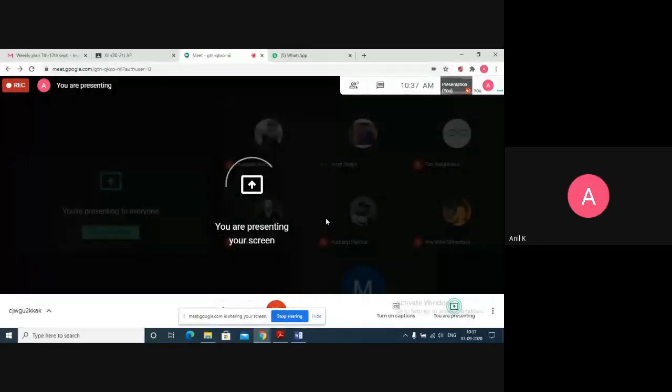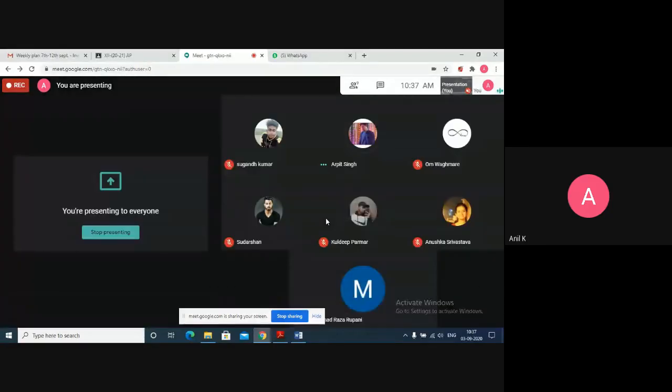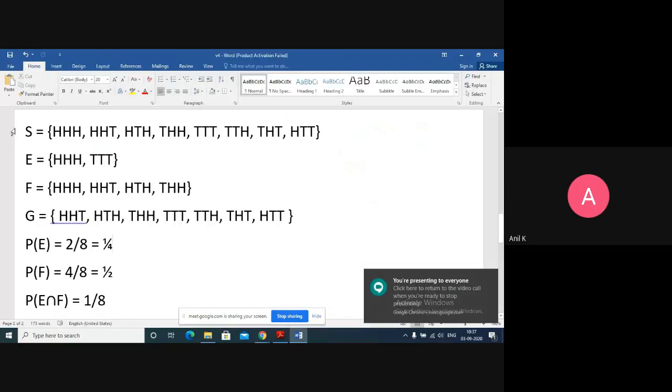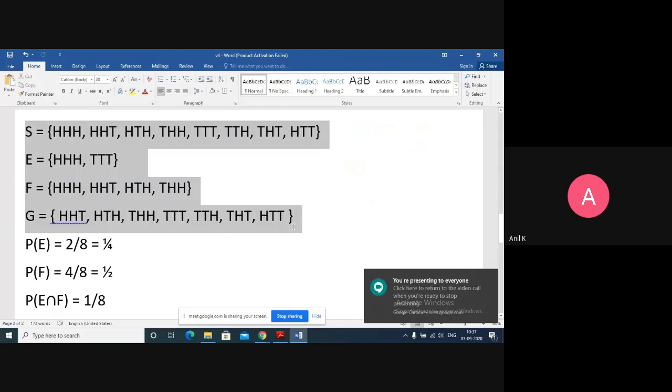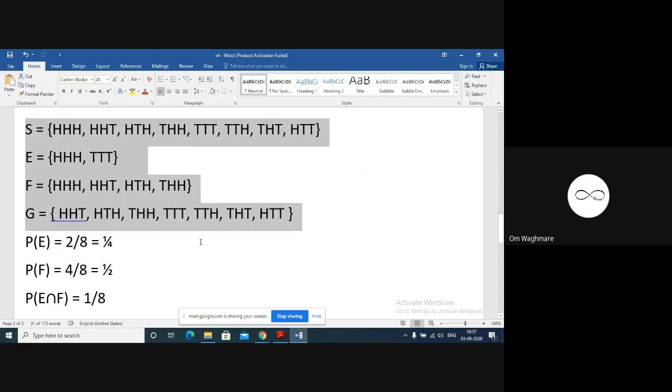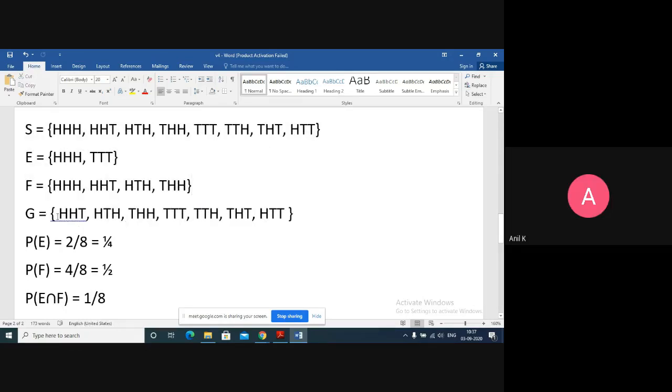See the stupidity of Google. It won't maintain the properties, but it will record the video. Zoom. No, no, I think you can see. Yes sir, you can see. I think till writing these individual sets, you might have had the screen shared, after that it is disconnected. Sir, only till F and G.